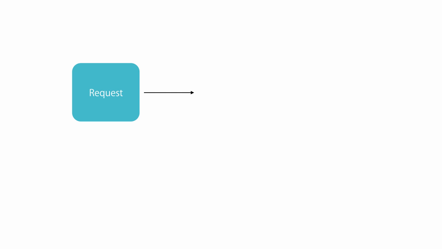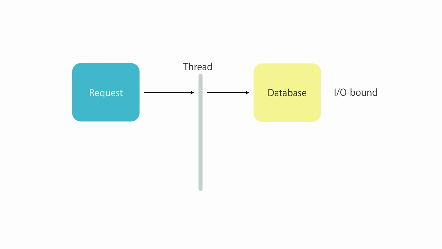In web applications, when we receive a request, the runtime allocates a thread to handle that request. Now, when it comes to I/O-bound operations, like accessing a database or a file, or network-bound operations, like calling a remote service, there is always a delay. For example, in the case of accessing a database, this thread has to wait until the database executes the query